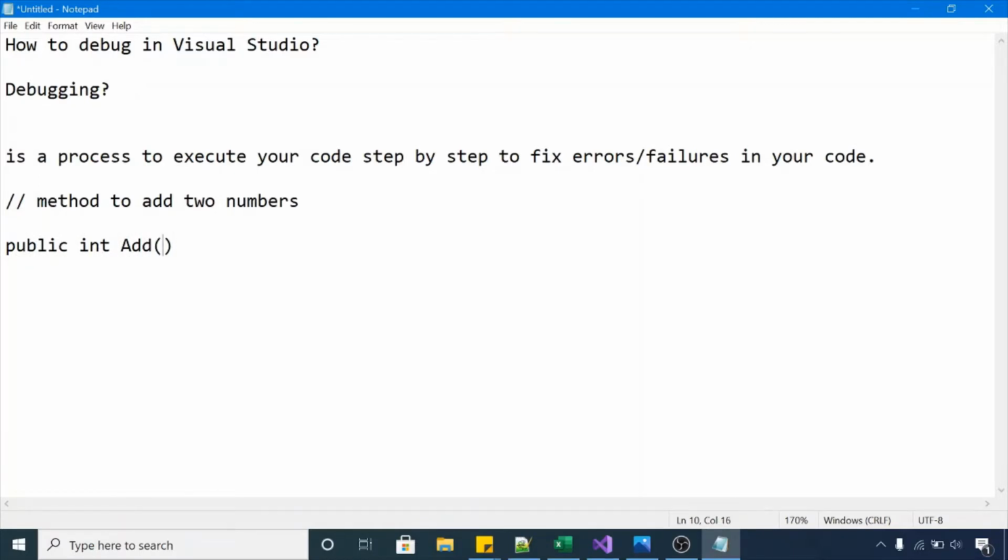Okay, so in this method we are passing two integer arguments, and we are returning addition of these two numbers. Okay, and you are calling this add method from your application. Now this method is not giving you right output, or you can say expected output. Now your application is too big, and you are not sure whether you are not able to pass the correct values. Maybe you are passing something else and it is getting something else.